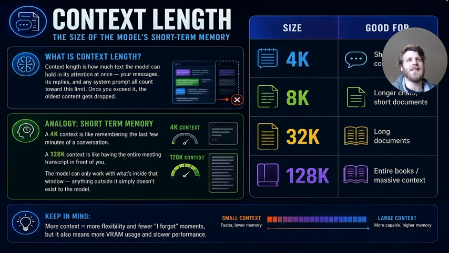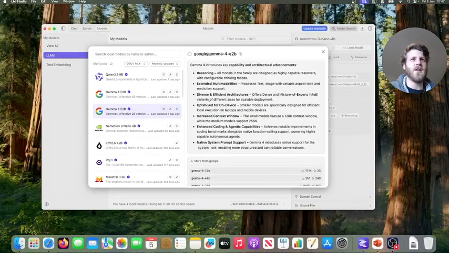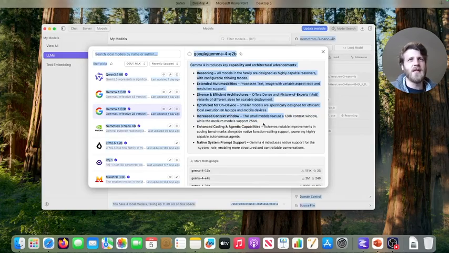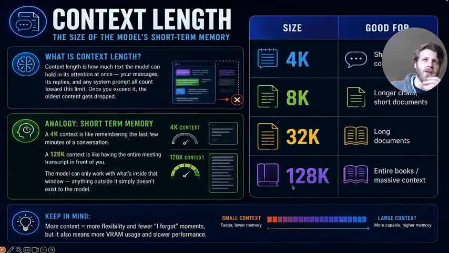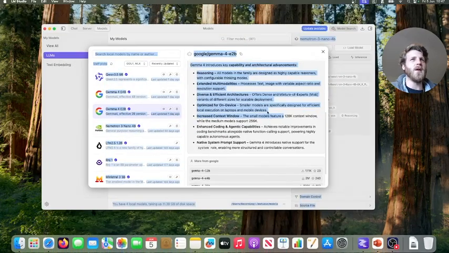Once you exceed it, the oldest content gets dropped out. So if you have, for example, a 4K context length, very, very small, as we can see here on that Hugging Face search, 128,000 context window, medium model 256. So if we think about 128,000 being an entire book, we can see that even a reasonable model such as